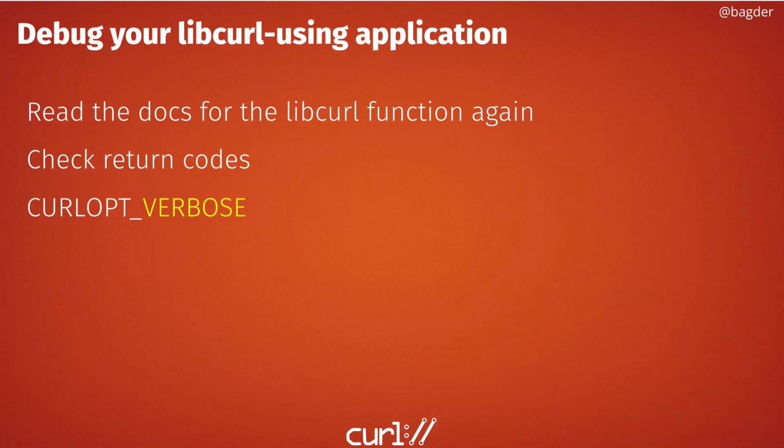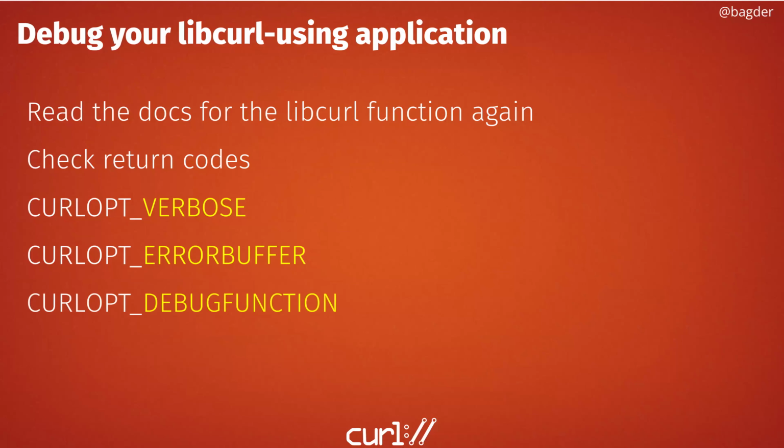And then you enable the verbose option, which makes it quite a lot more talkative, and even explains in several ways why it does what it does, and it shows you which headers it gets and so on. So you'll see much more of what's actually happening under the hood. You can provide an error buffer, which is just a buffer you tell libcurl, hey, write an error message in this buffer when something goes wrong. And it's often a better error for you because it's more context sensitive, because it could include details about this particular time it